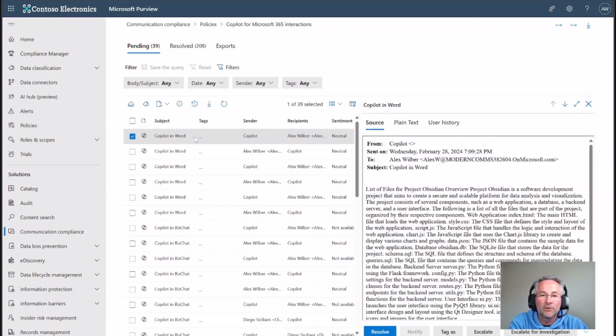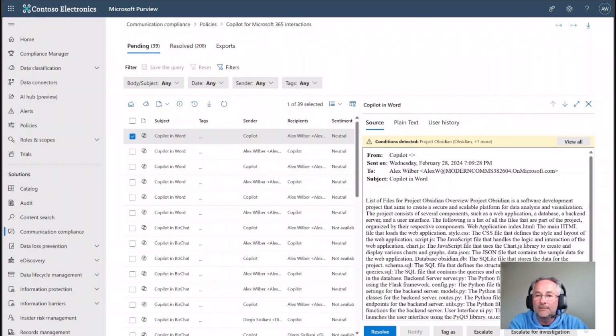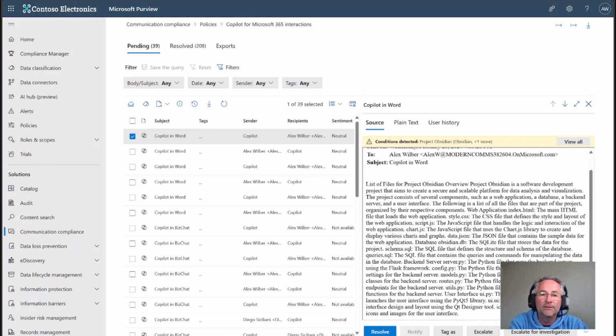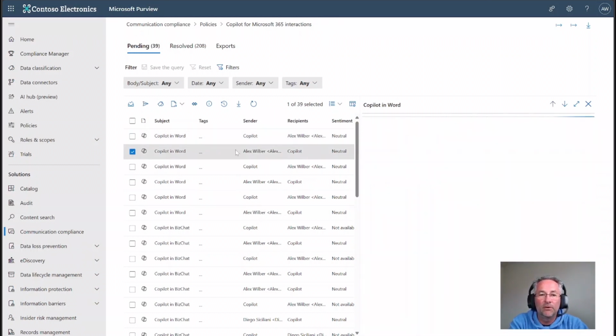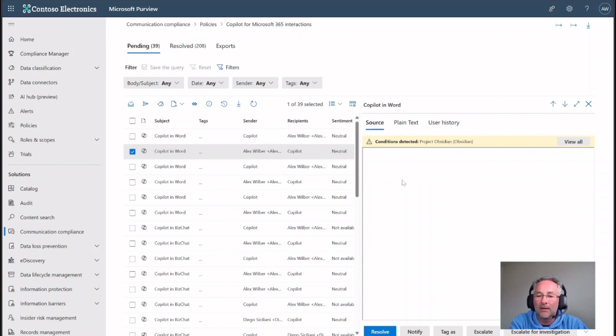This is what Copilot generated, a response to Alex's question. If you want to know Alex's question, you can see it here, the question that he sent: list all the files associated